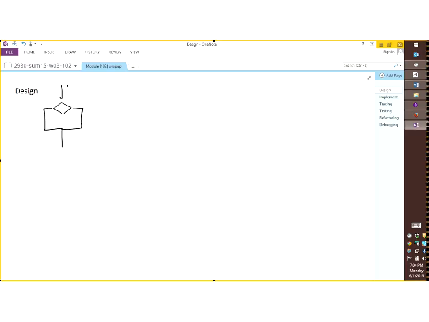Okay. You come this way, the execution of the program comes this way from the top. You have a question here, which is, we have seen that in the lecture, a Boolean expression, okay? So you have a Boolean expression, which is pretty much a question regarding the variables that we have stored in memory. So is, for example, x equal to 42, that kind of stuff. And then you have two possible outcomes. One outcome is, the answer to the question is yes or no. Yes being often interpreted as the Boolean expression is true, no as it's false.